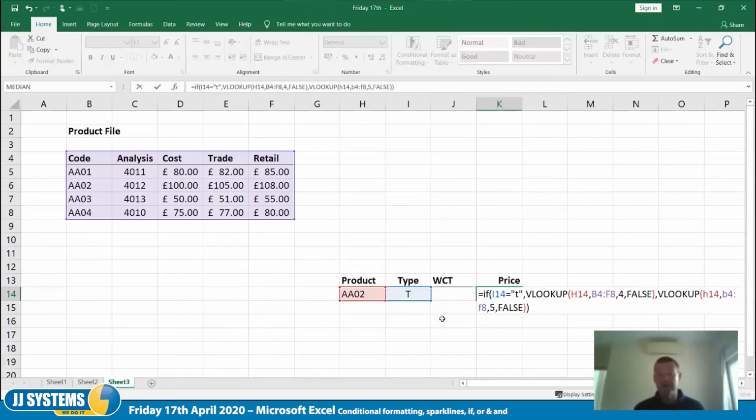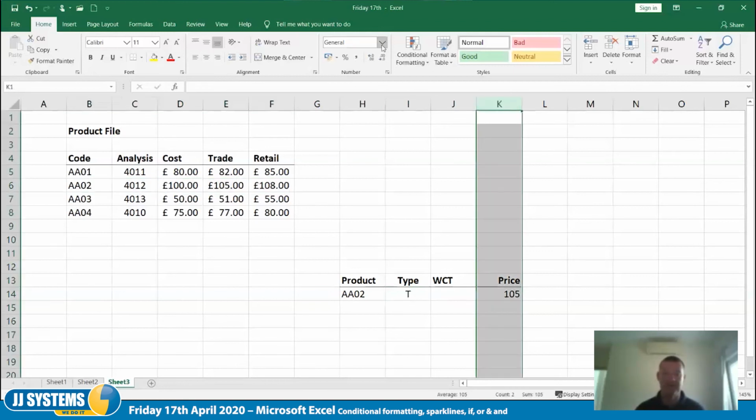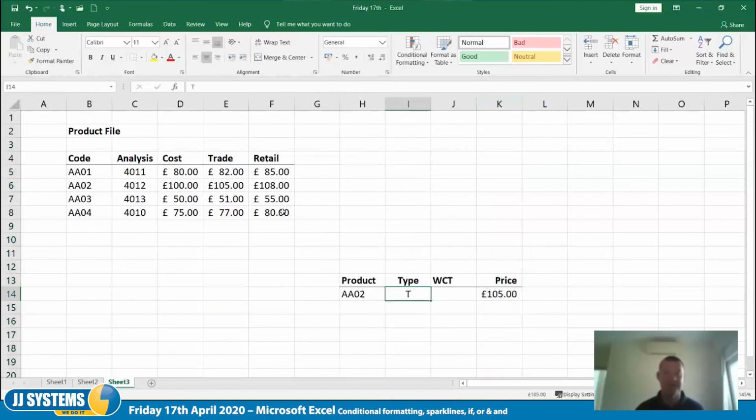What we've got there is a not massively complex function, but it's still doing quite a handy job. So if I hit return, provided that I've done it properly, a trade customer will get this product for £105. Let's make that nice format. Put it in accounting. Okay, 105 of your English pounds. Whereas if they're a retail customer, I can't leave that highlighted while I'm doing this, that won't work. Right, let's do it like that. If they were a retail customer, then they'd be paying £108,